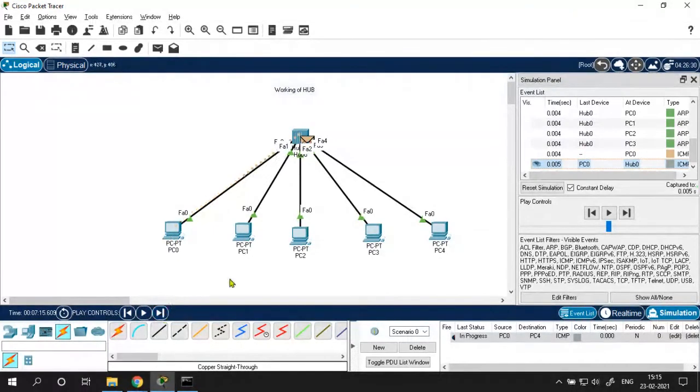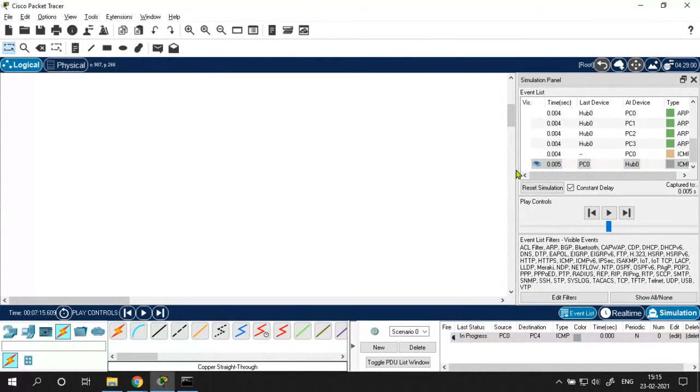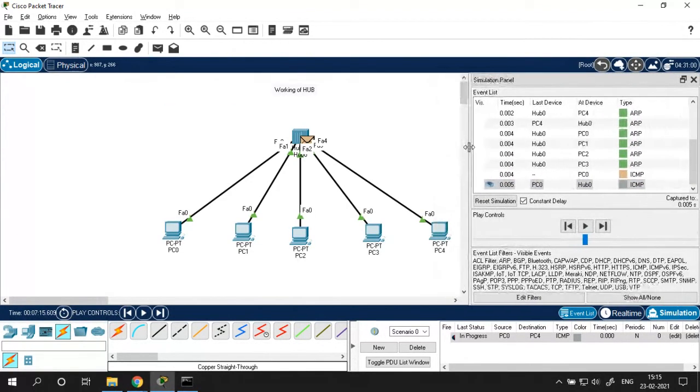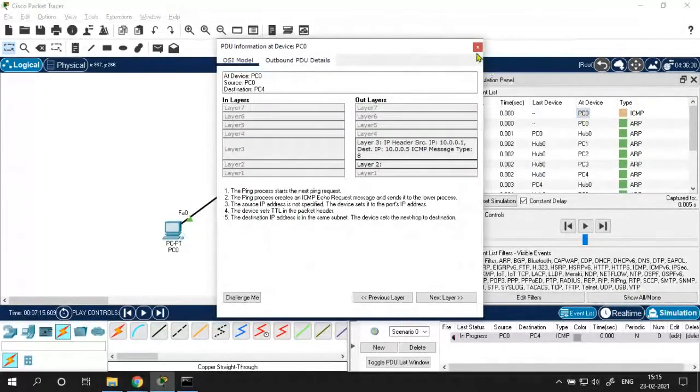So you can also check what's happening in the event list. First, the packet was transmitted from PC0.